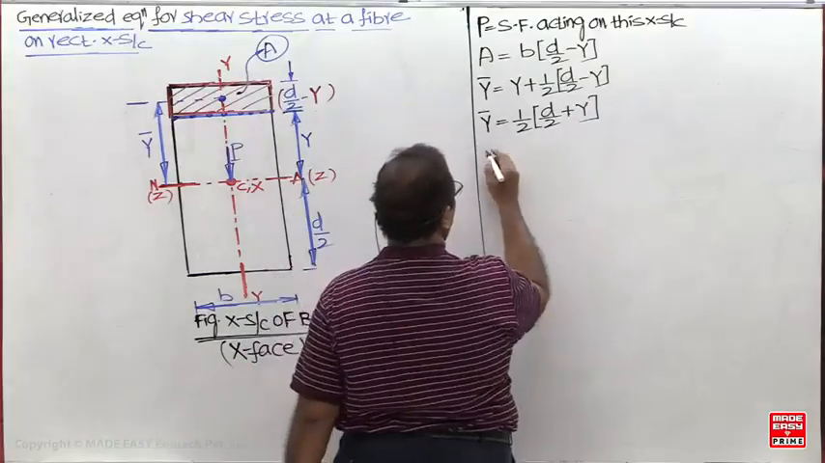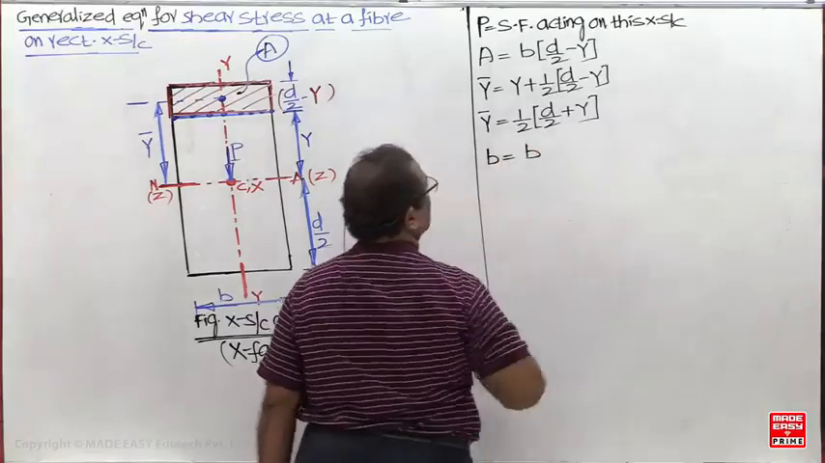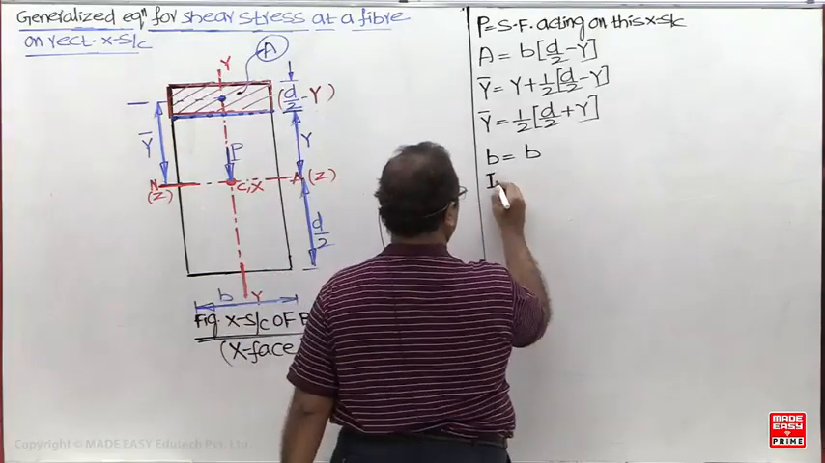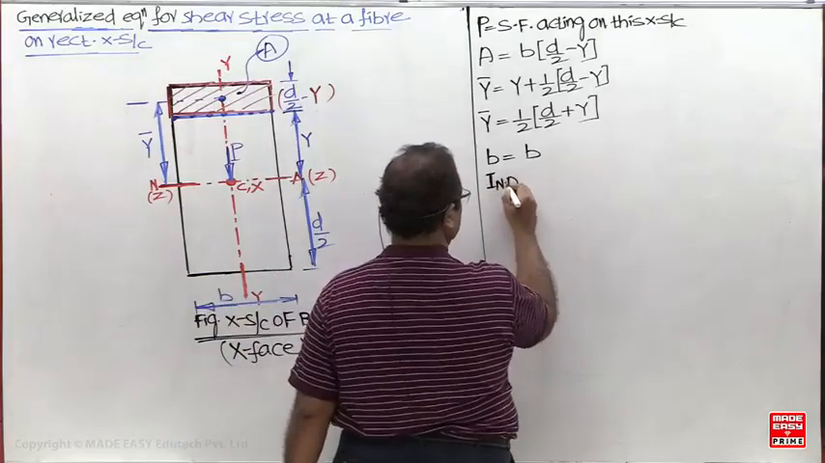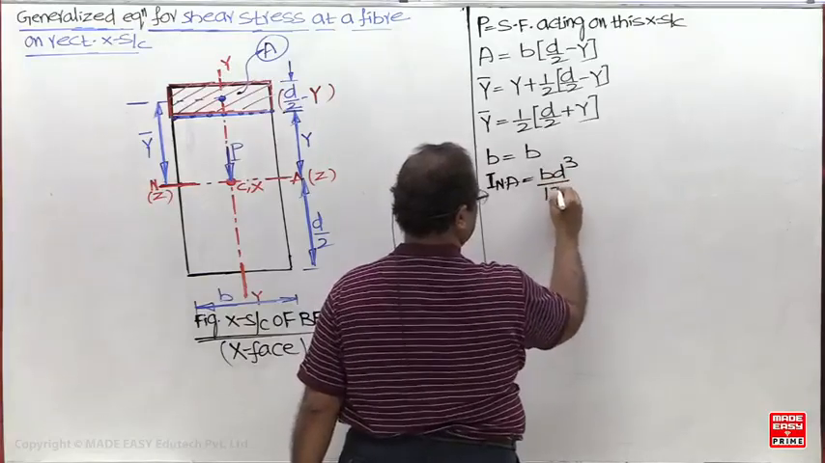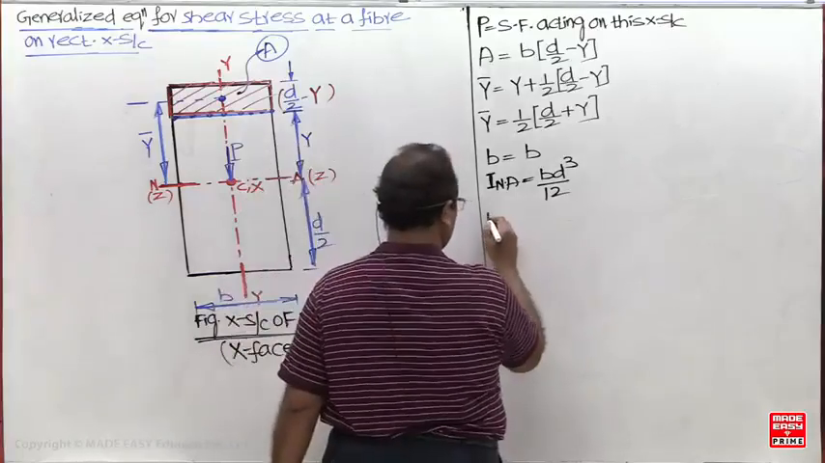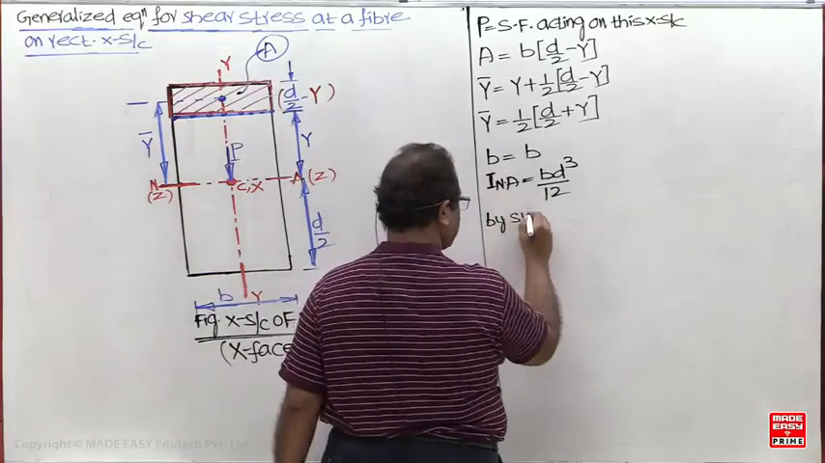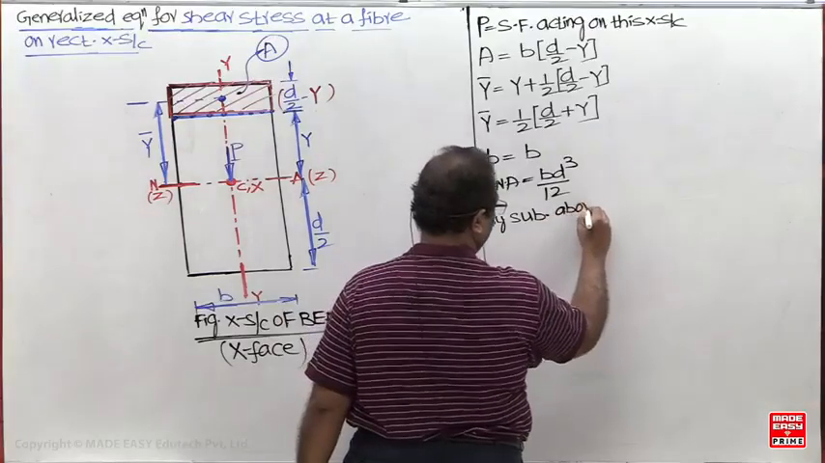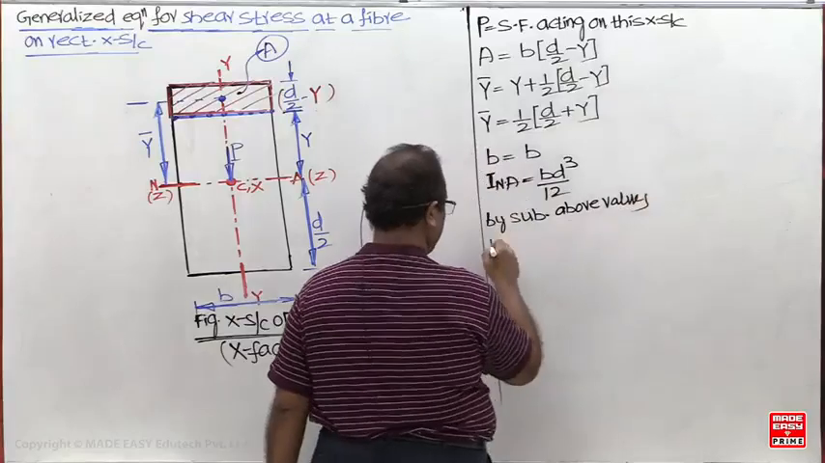Next, what is required now? B. Everywhere the width is same. Now substitute this value. What about moment of inertia? Moment of inertia for the entire cross section is B d cube by 12. B d cube by 12. Now substitute all the values by substituting in